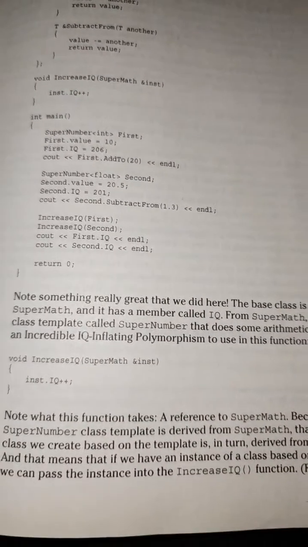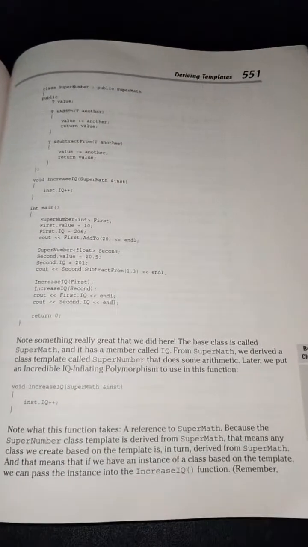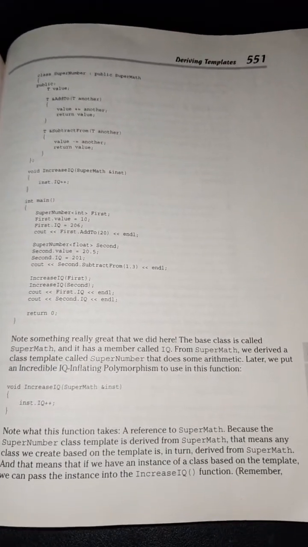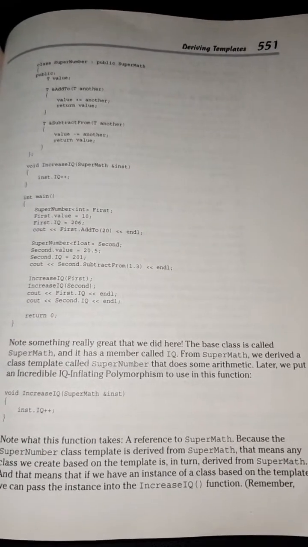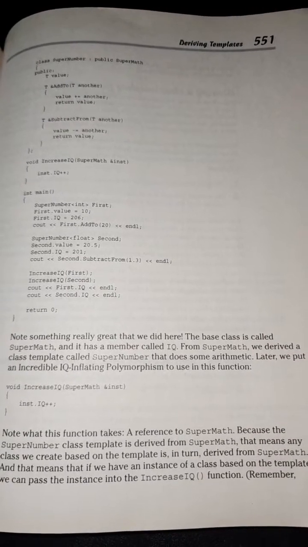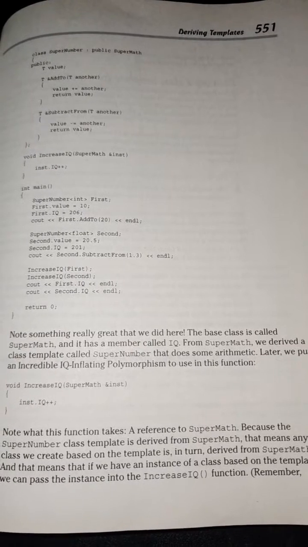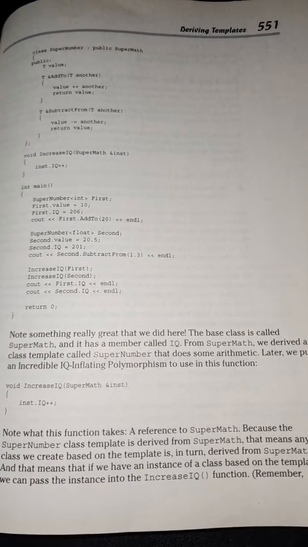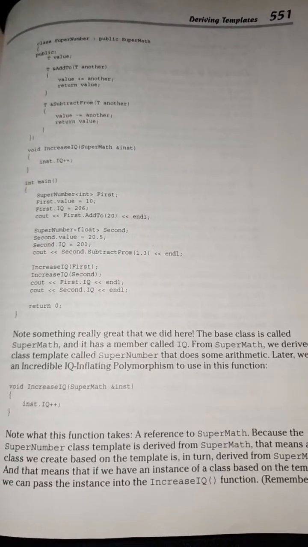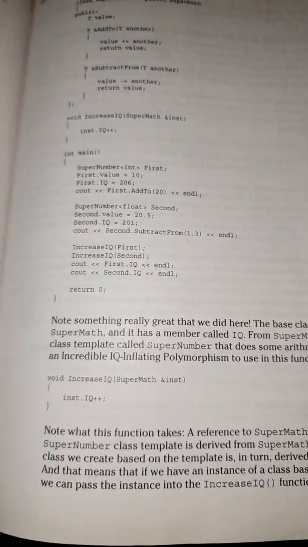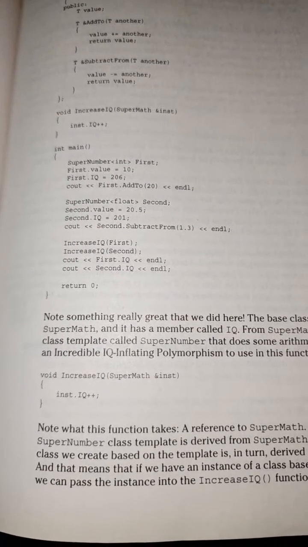Note something really great that we did here. The base class is called SuperMath, and it has a member called IQ. We derived a class template called SuperNumber that does some arithmetic. Later, we put an incredible IQ-inflating polymorphism into use in this function: void increaseIQ(SuperMath& inst) { inst.IQ++; }